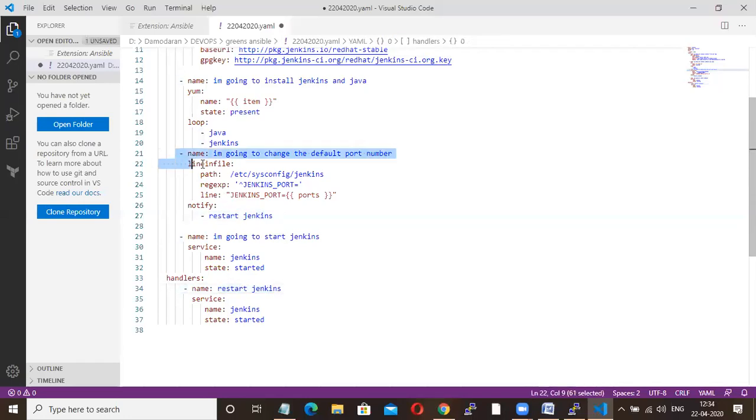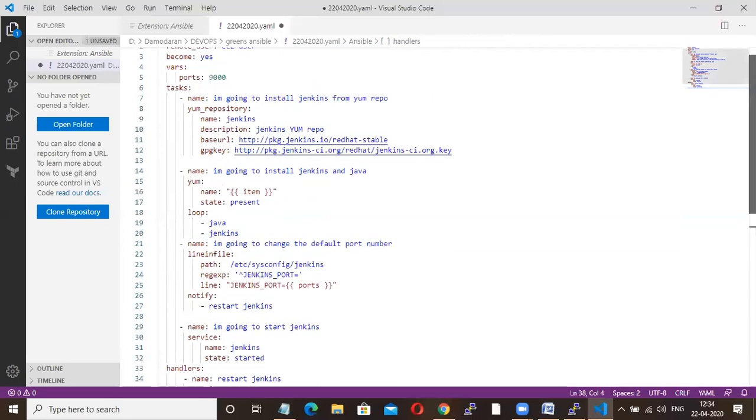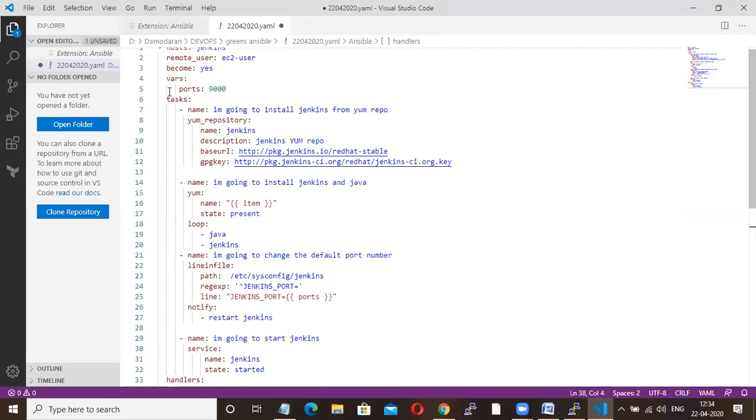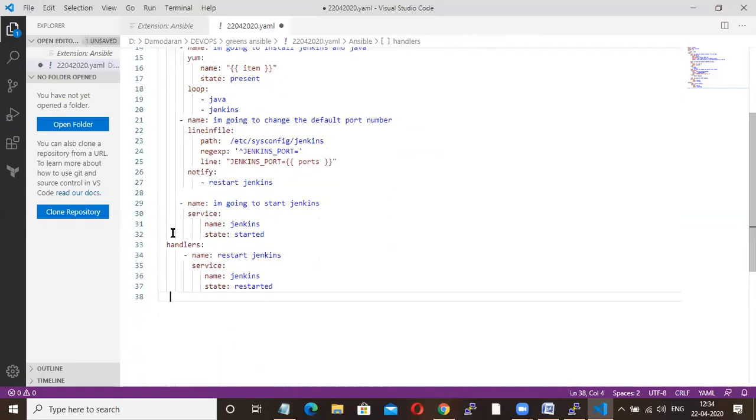So whenever there is a change in this task, notify the handler. What will this handler do? It will restart Jenkins. Again, your variables, tasks, hosts, remote user, and handlers all should be aligned properly.